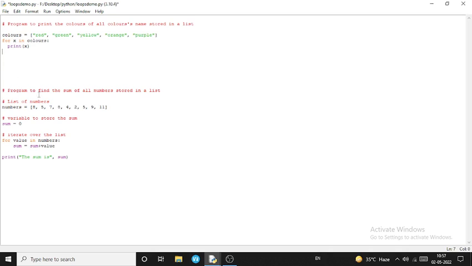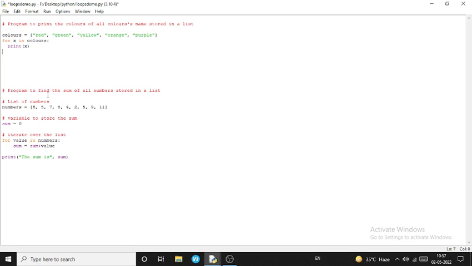In the second program, we find the sum of all numbers which are stored in a list. For making the list of numbers, I am taking a numbers variable equal to, in square brackets, I write all the numbers which you want to add.